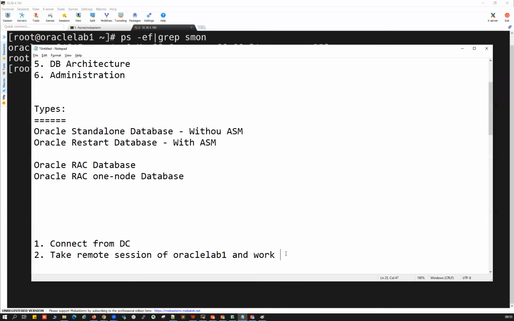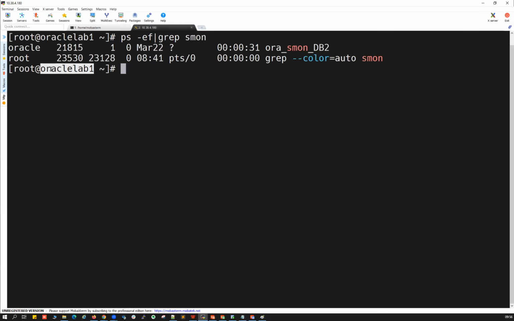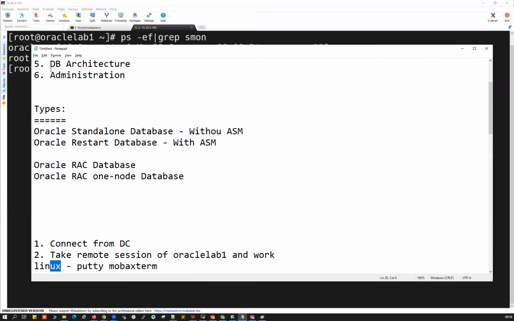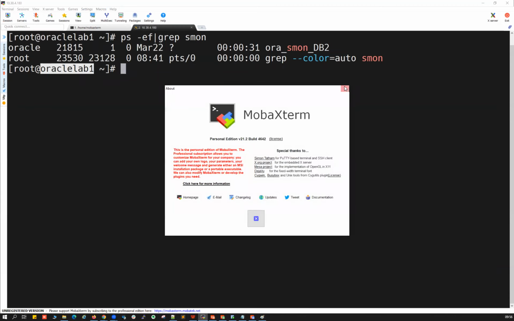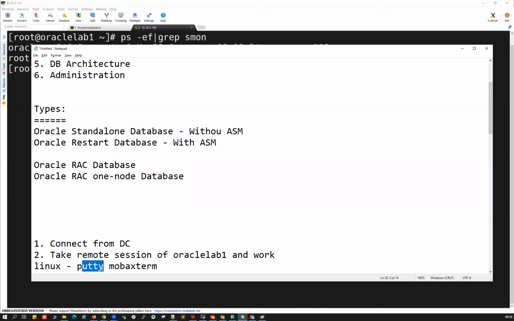This is a Linux server in the London data center, and for Linux servers we use Putty or MobaXterm, among many tools. This is MobaXterm, whatever you are seeing here. You can use either MobaXterm or Putty to connect to your Linux server remotely.